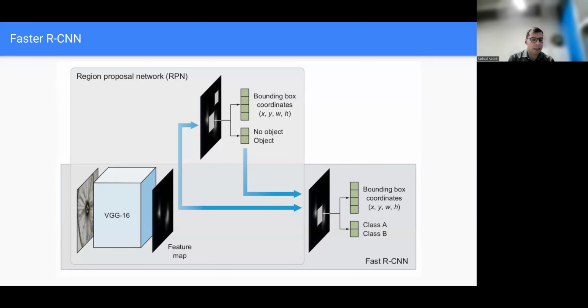By making it a deep learning model, we can benefit from the speed of computation on GPU and make this process fast and end-to-end. So really the only change is the region proposal network.